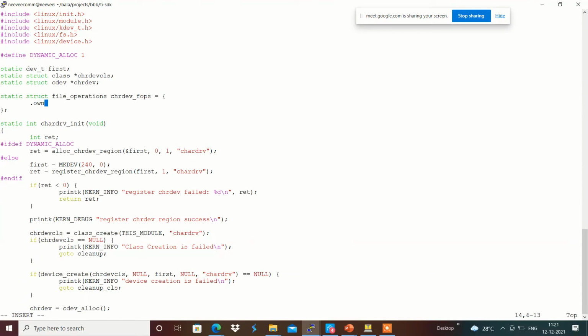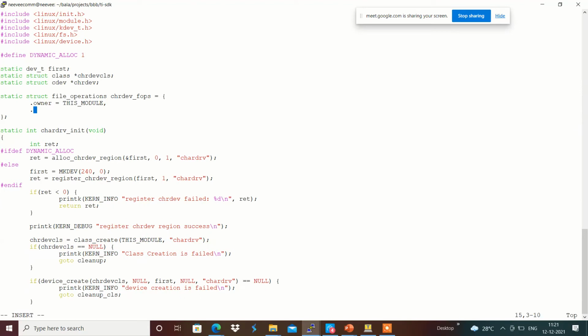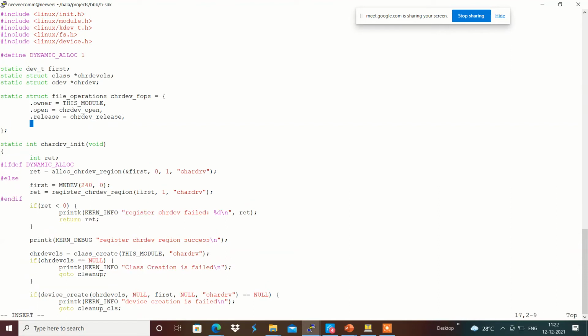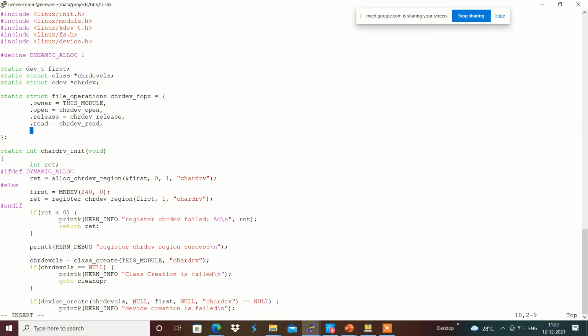For example, owner equals THIS_MODULE over here, and then we will be having open, which I'm going to set to character_dev_open, and then .release, which is character_dev_release over here. And I'm going to use read, which will be character_dev_read, and we will be having write with chrdev_write over here.